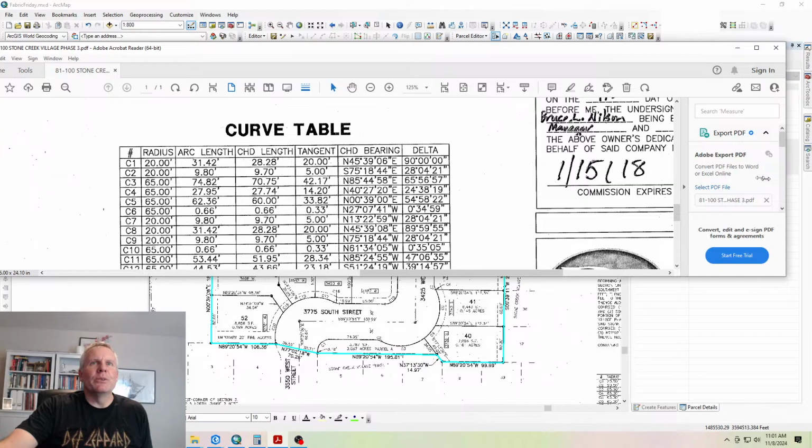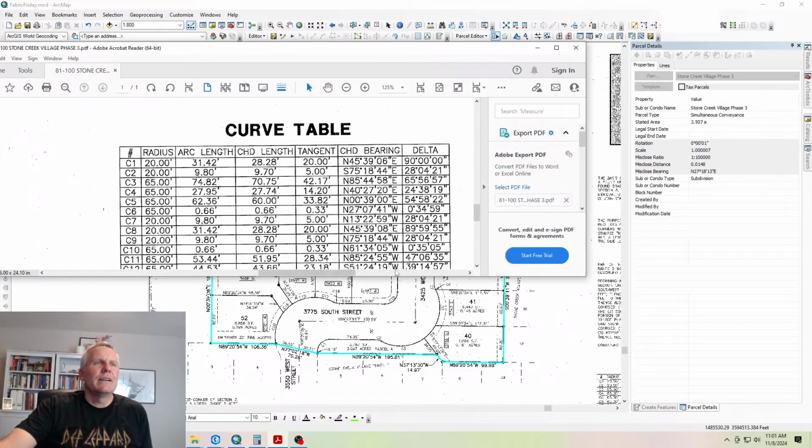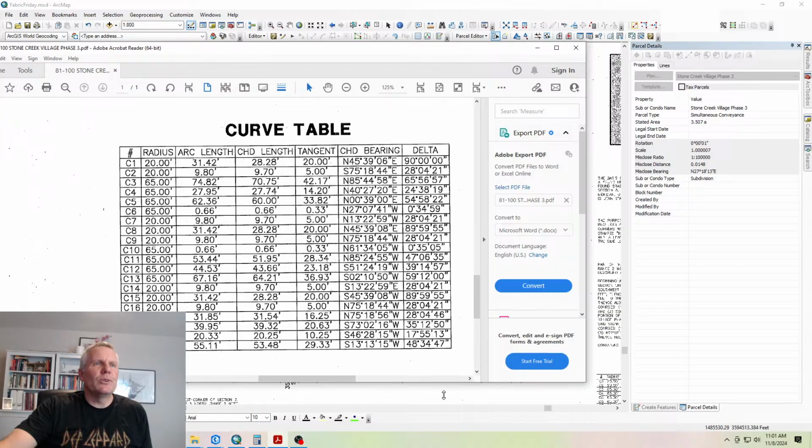If you want to follow along with the curves, I'm going to put this curve table up while I talk